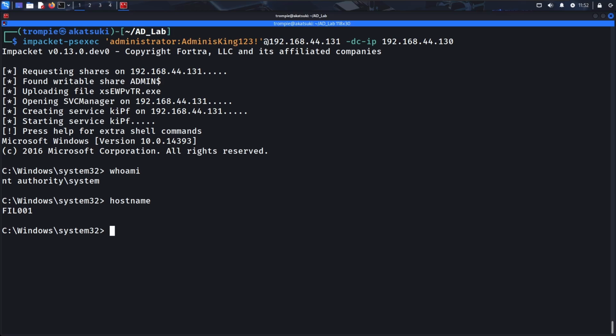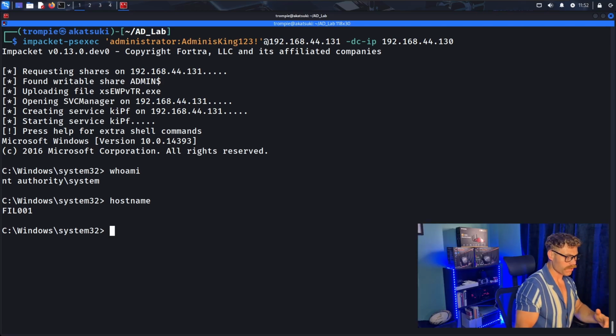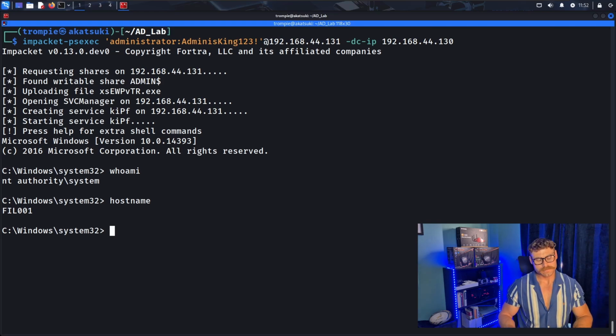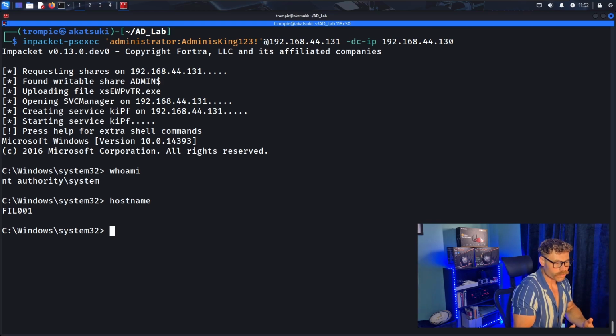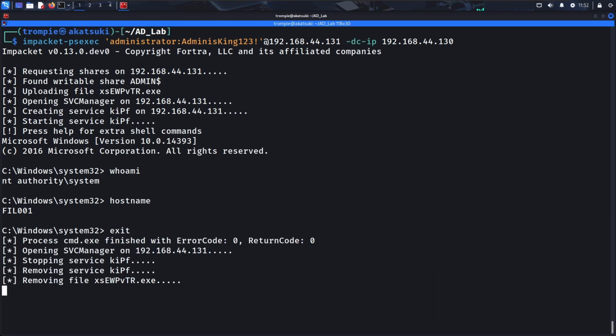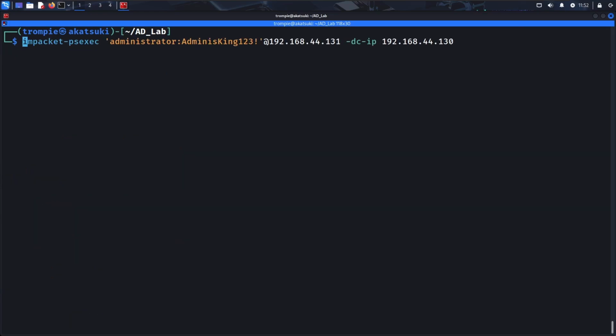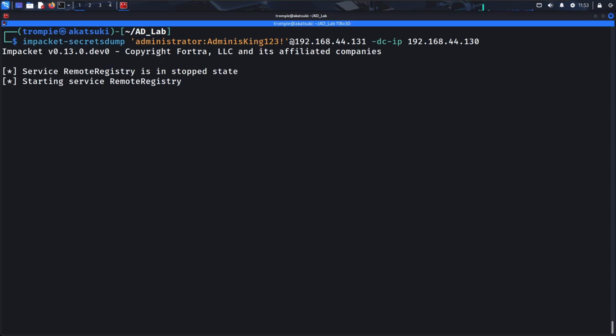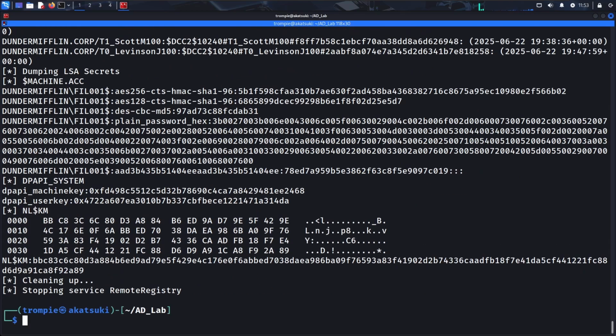From here we can maybe dump the SAM system files. But what we really want to do is, well, we can do that. We can set up an SMB server and then copy it over. But the easier way to do this is if we exit out of this, forcefully exit, and instead of psexec, we're going to use something called secretsdump. And since we're local admin, we can obviously dump all these hashes, and even if we can't dump domain credentials technically,